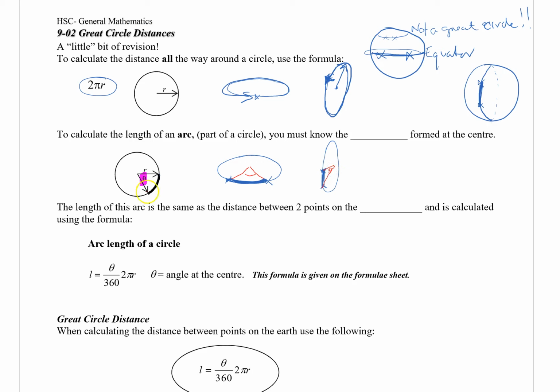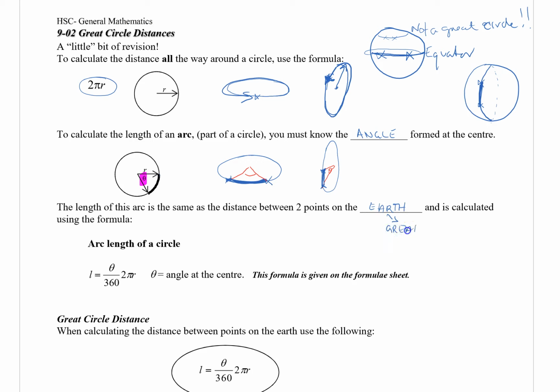So you can see there are sort of 3 variations to how your diagram can look, and obviously we need to know the angle formed at the centre of our imaginary circle. The length of, or the distance between these two places, so the length of this arc is the same as the distance between 2 points on the Earth, or on the